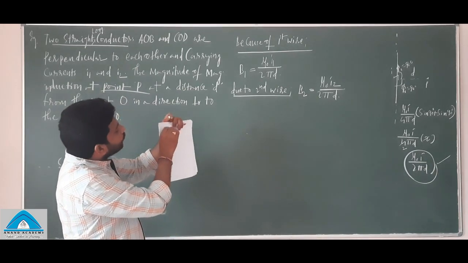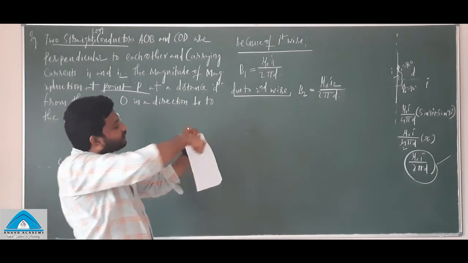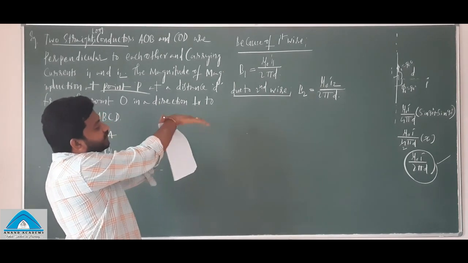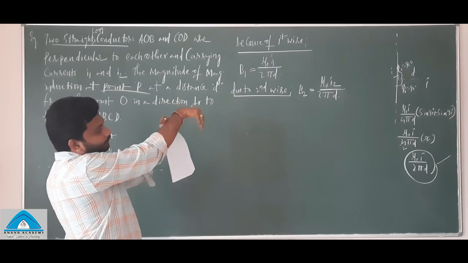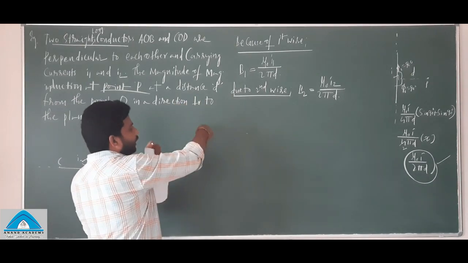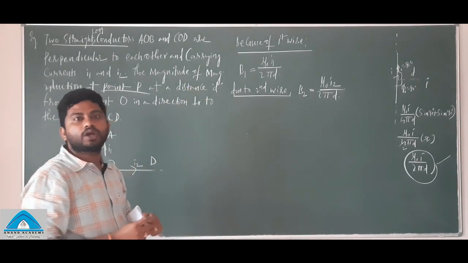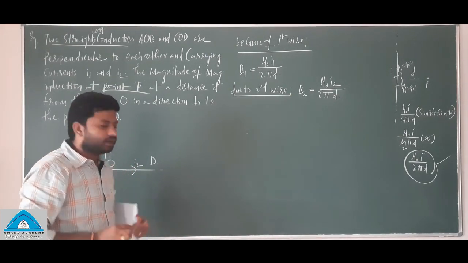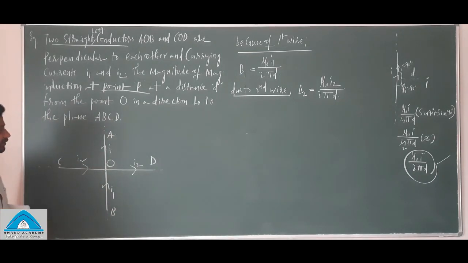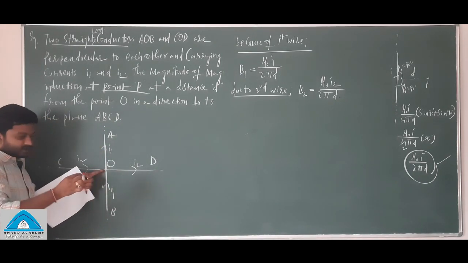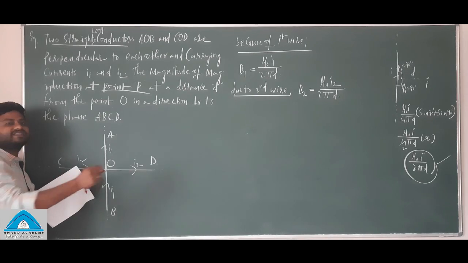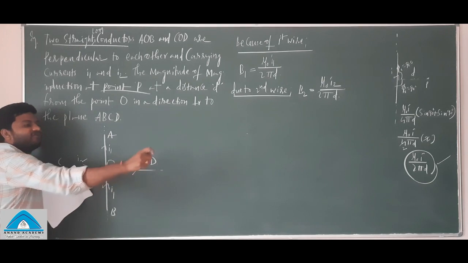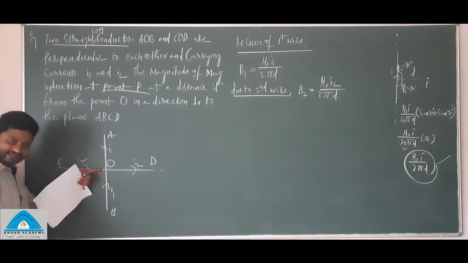Because of this wire, if you apply the right hand thumb rule, the magnetic field at this point is directed downwards. One field line is moving in this way, another is moving in this way. Both are perpendicular to each other. Okay. Clear? Again, come back to this. Because of this wire, field lines are in this direction; because of the other wire, the field line is in this direction. One direction is like this, another like this.